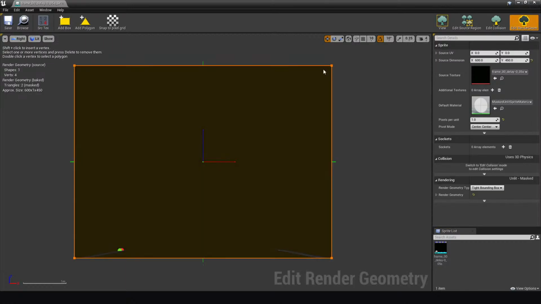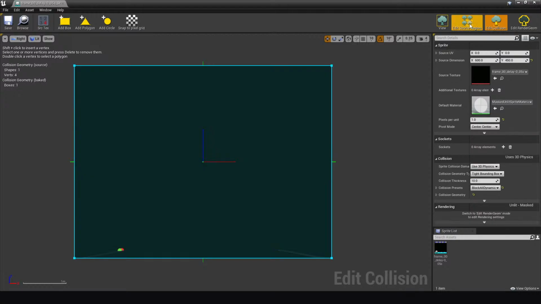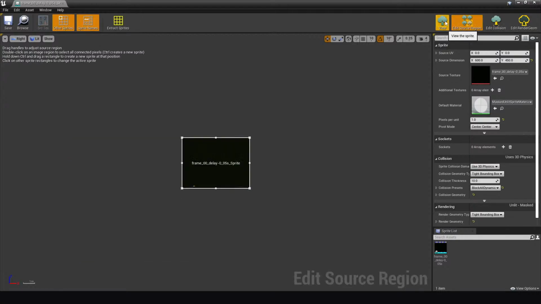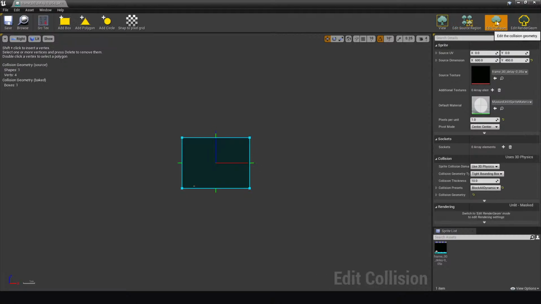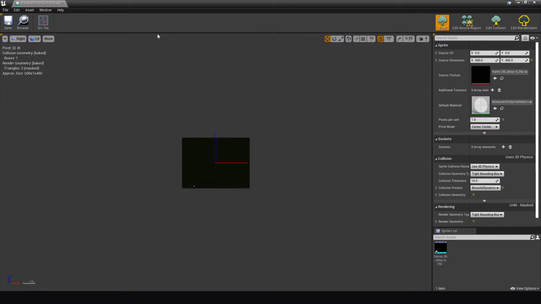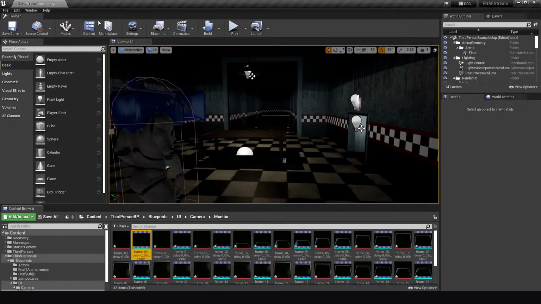I've never tried it before. Collision, we probably don't need. Extracting sprites, nah, we already did that. Yeah, I say we go straight to